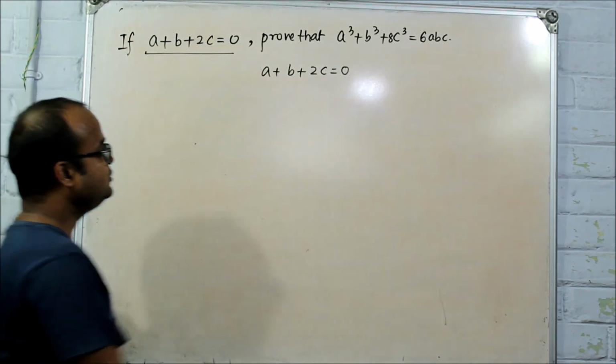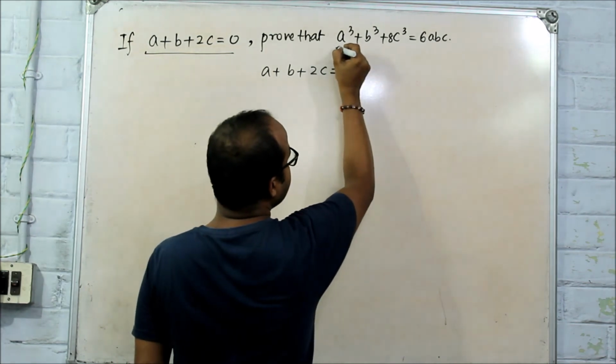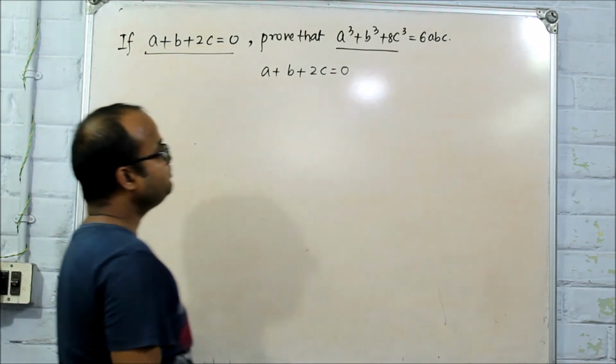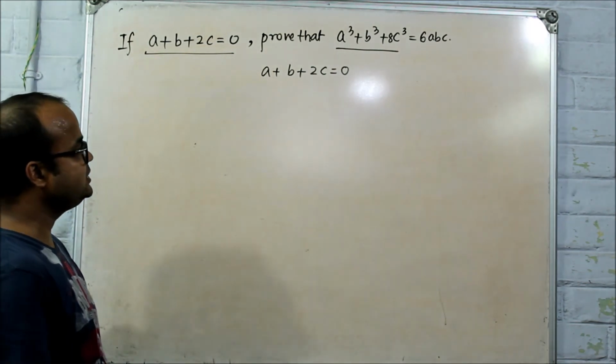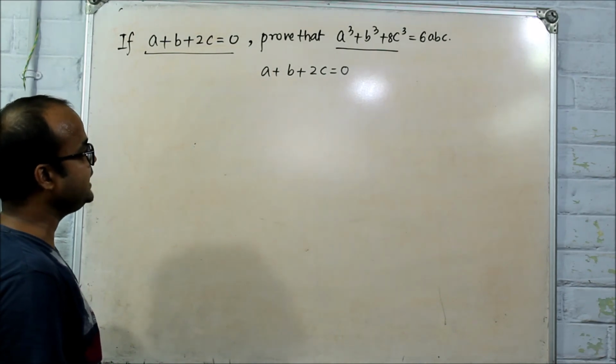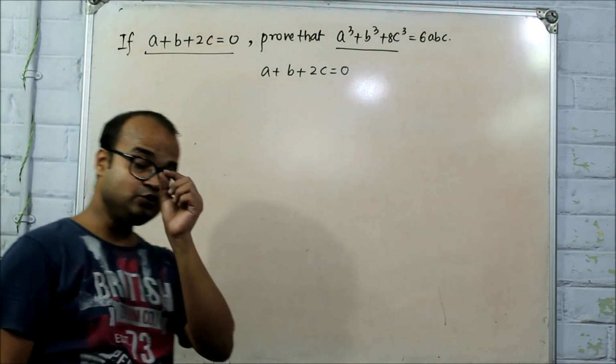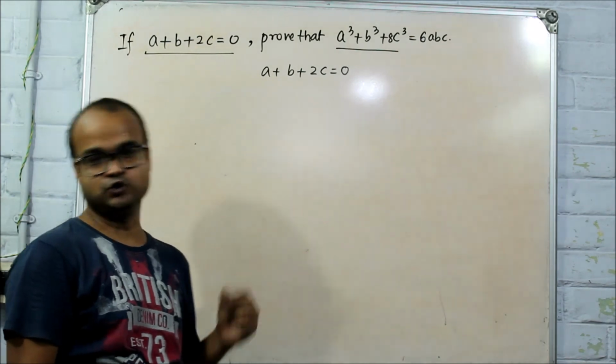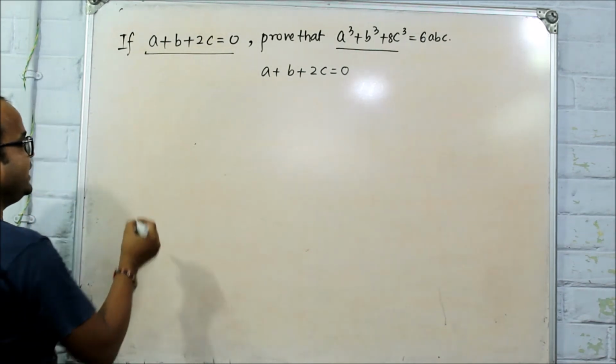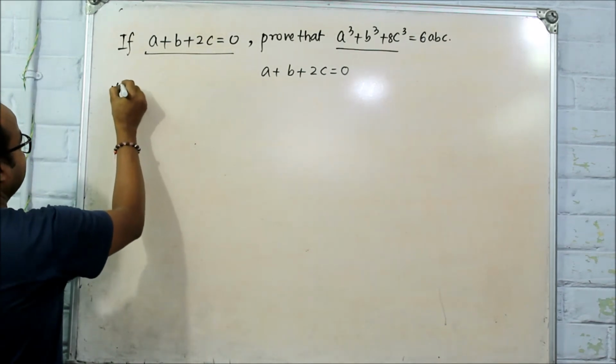Clear? Now we need to prove a³ + b³ + 8c³ is equal to 6abc. There are two ways we can do this sum. So first method,